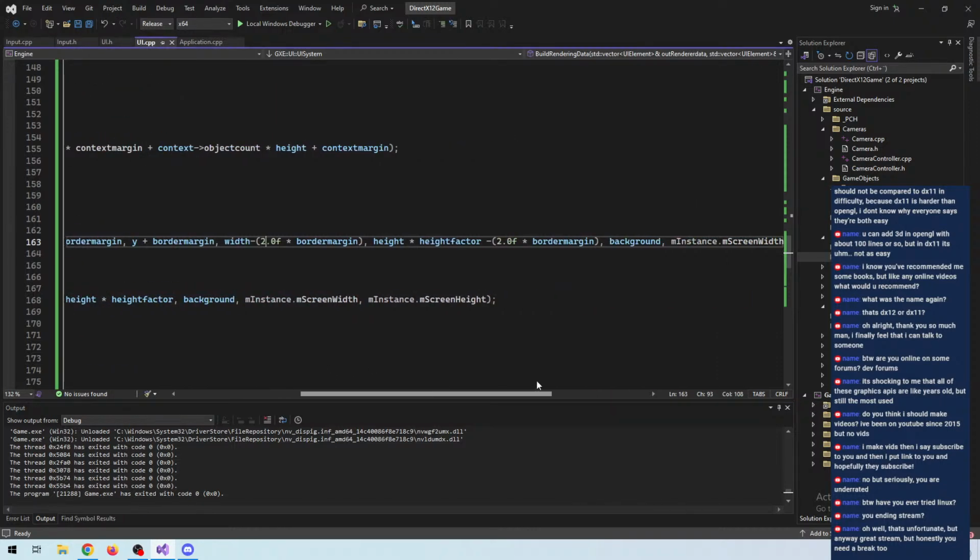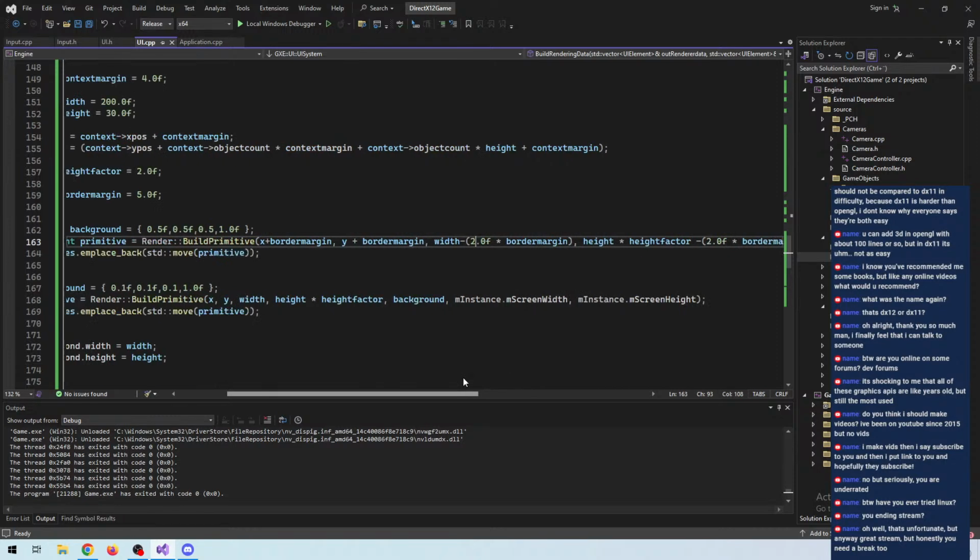I think that you start at an offset by the border margin, meaning that it's already one border margin too large. Then you subtract one border margin, and it's correct, but